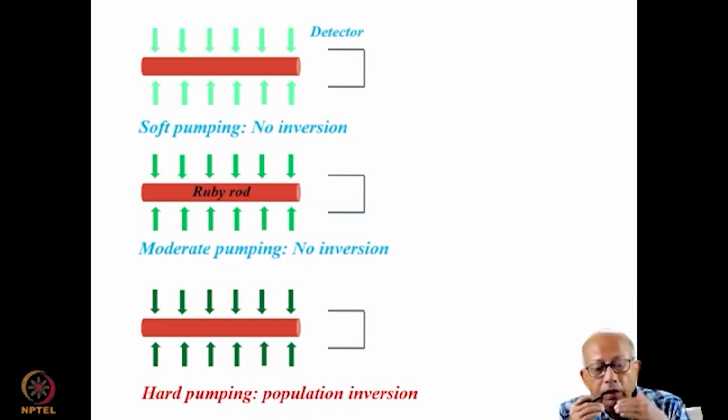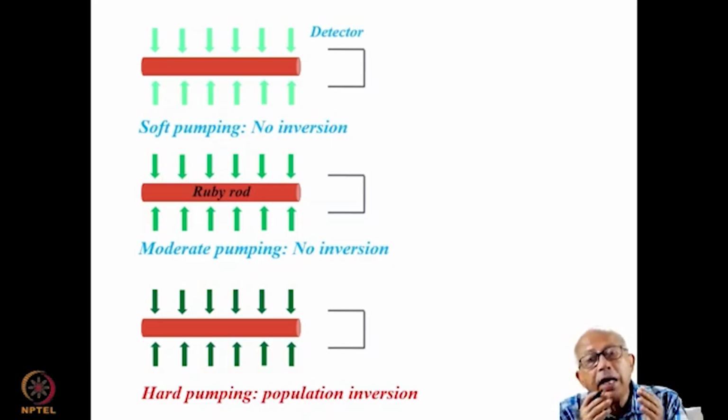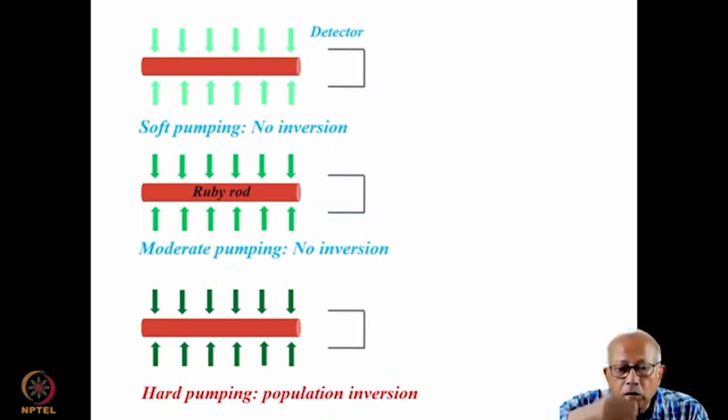And therefore, after excitation, ruby molecules will come down to the ground state, and as they come down, they will again fluoresce light. And this fluorescence has a spectral width for the same reason for which gain has a spectral broadening, the Heisenberg uncertainty principle, because the excited ruby level is actually broadened in energy, and therefore there will be a number of emissions from the ruby excited energy level to the ground level, resulting in the observed broadening of the fluorescence.